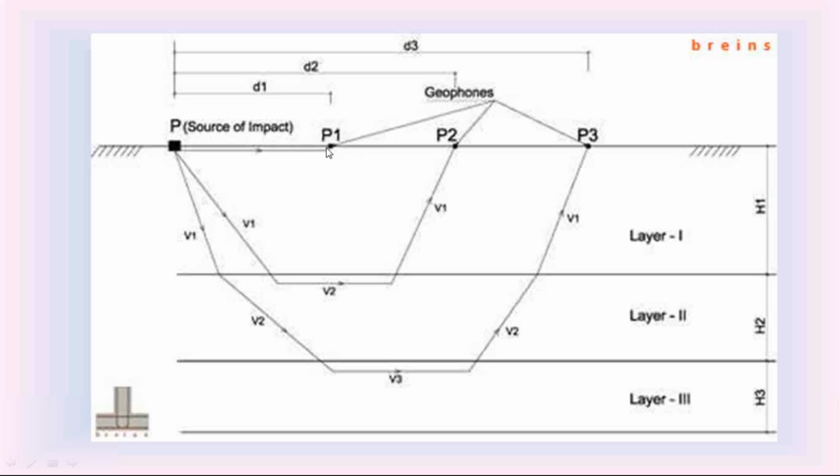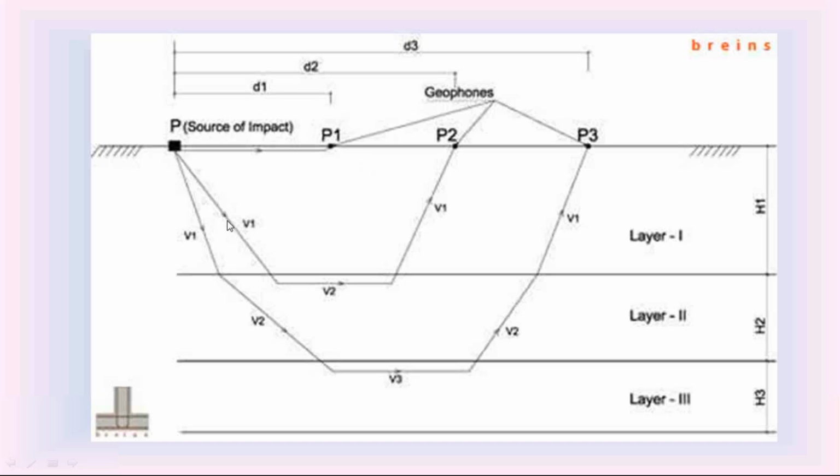When this first geophone receives the shock wave, it converts it into an electric pulse. That electric pulse is sent immediately to the seismograph. So when the P1 geophone receives the shock wave traveling in the first soil layer, it converts it into an electric pulse that is sent to the seismograph. Then the seismograph notes the time of receiving this first shock wave by the first geophone.